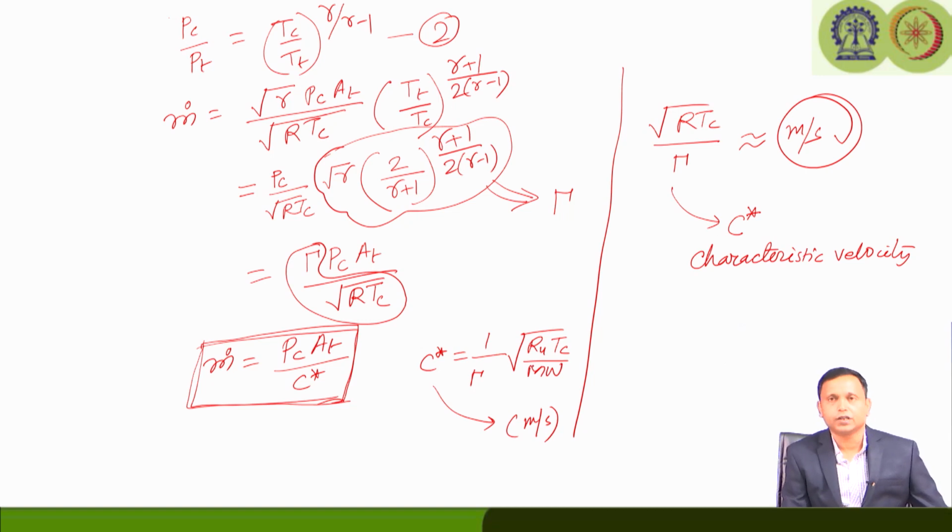So, of course, the various propellants will have a different capacity or the potential to generate hot gas, and accordingly the C star value will be different. So, we can say this is kind of an index of performance. Okay. So, this is another important parameter we should consider while considering the performance parameters for rocket.